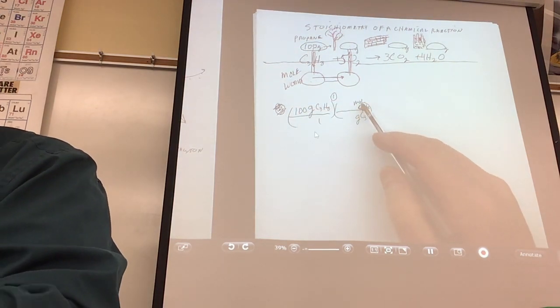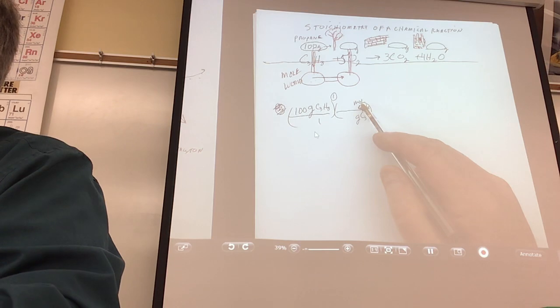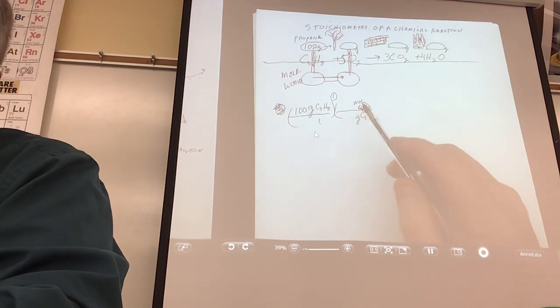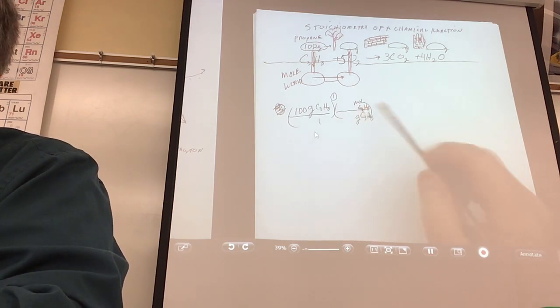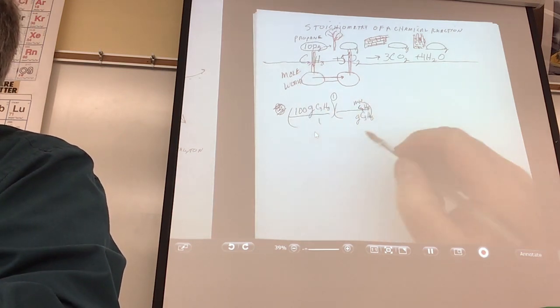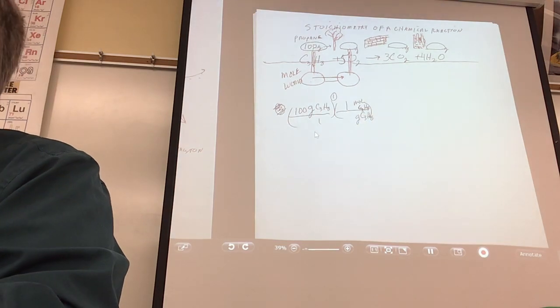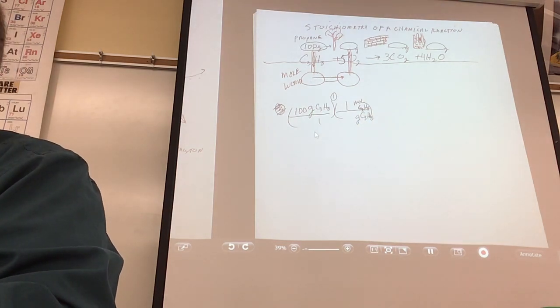Let's see, what do I know about propane? 1 mole of propane equals 6.02 times 10 to the 23rd molecules. And why is it molecules? Because that's a non-metal, isn't it? So 1 mole of propane equals 6.02 times 10 to the 23rd molecules of propane equals,